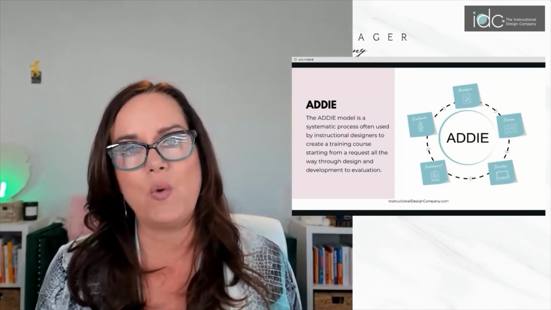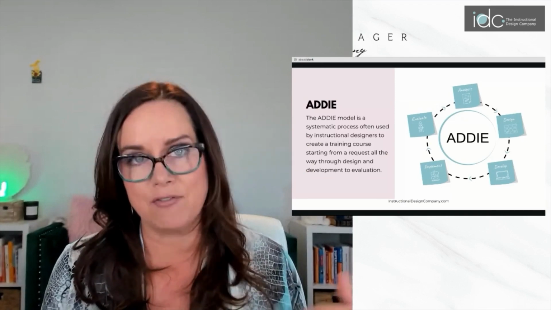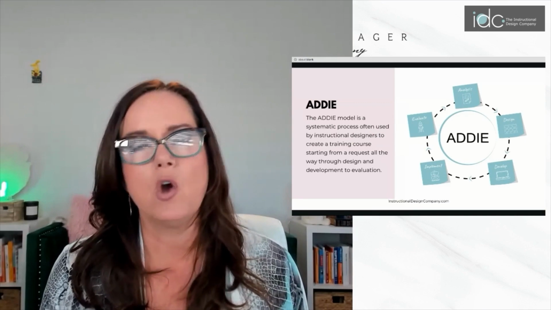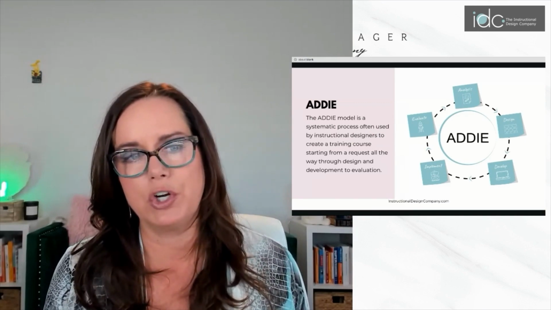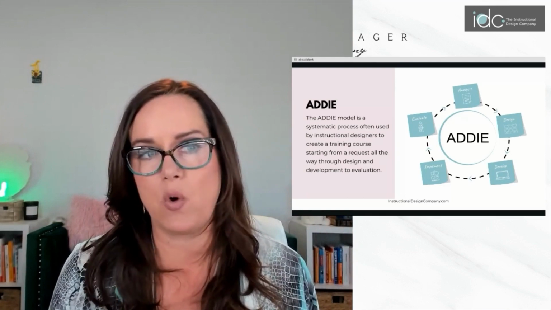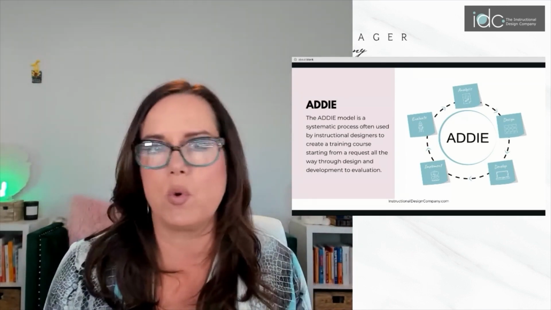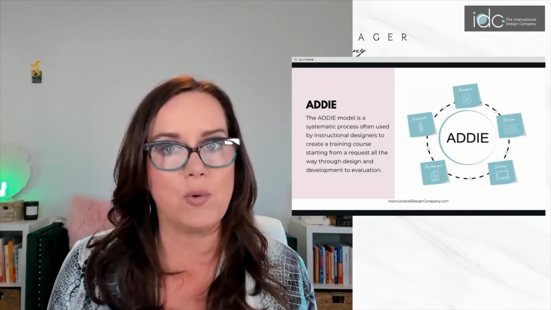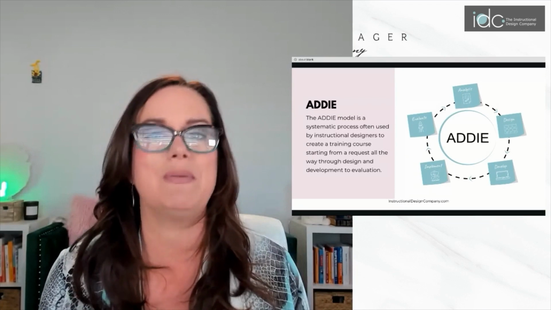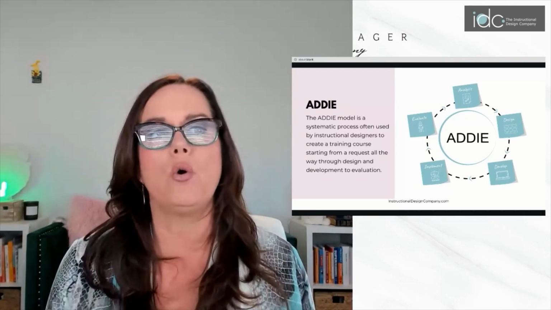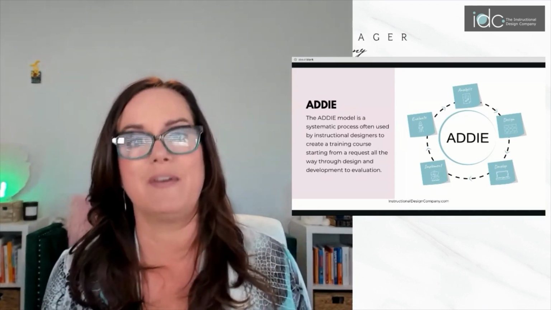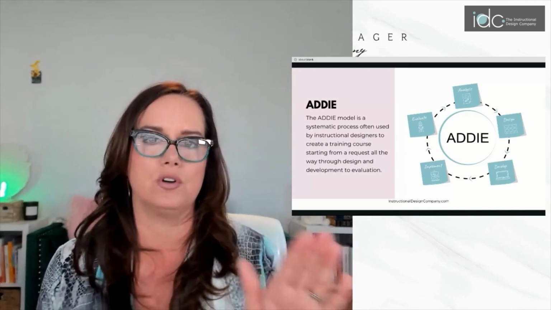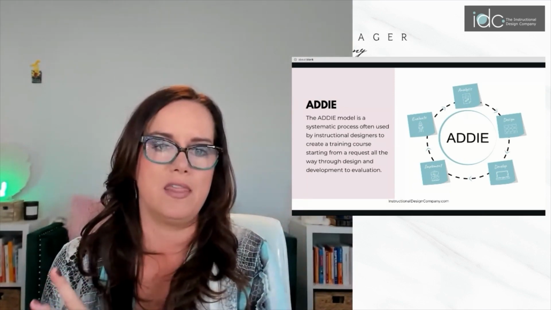And then evaluate is where we step back, after something has been implemented, and we evaluate. How well is that performing? What kind of reactions are we getting from our learners? Taking a look at any assessment questions. Are there any assessment questions where a large portion of our participants are missing that question? You can evaluate it and go, oh, well, that's not written very well. Maybe that needs to be more clearly written. Or maybe we find that we didn't do a good job of covering it in the content. So we need to strengthen that portion of the content in order for participants to do better on that question,